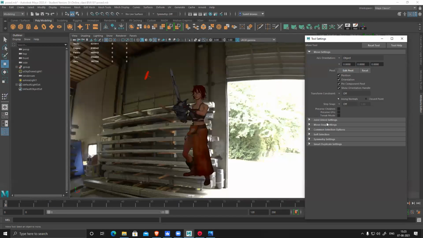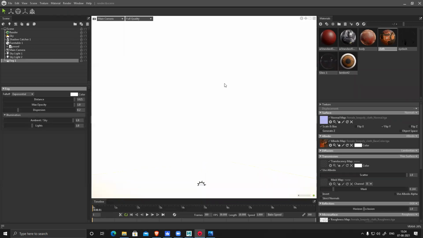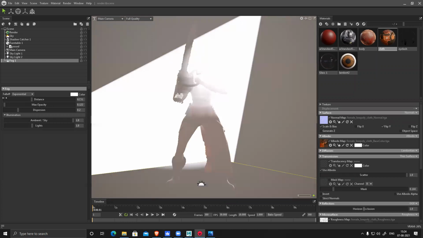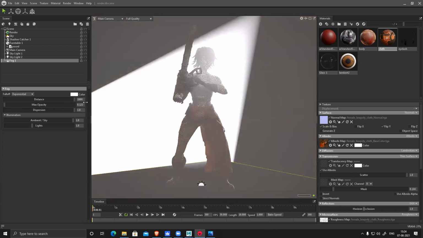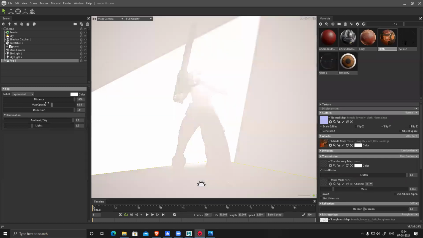Marmoset, let's see. I guess we can do it. We can add a fog. This I never tried.